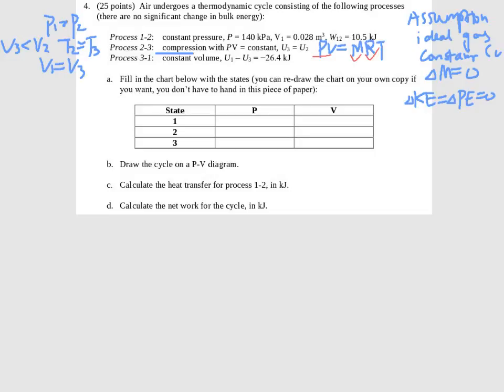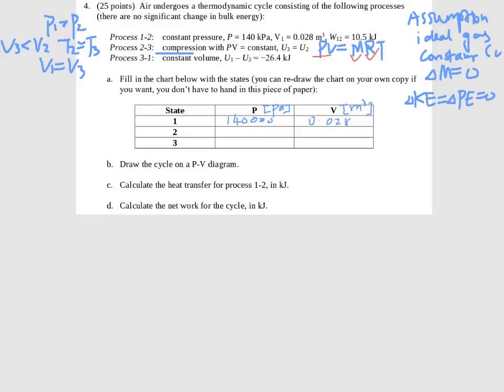So without even doing any calculation, we can already start filling out the table here. So we already know that P1, now before I do that, I want to put units on all these. So I'm going to stay with all the basic units, so Pascal and meter cubed for pressure and volume. So P1 is 140,000 Pascal. And V1 is